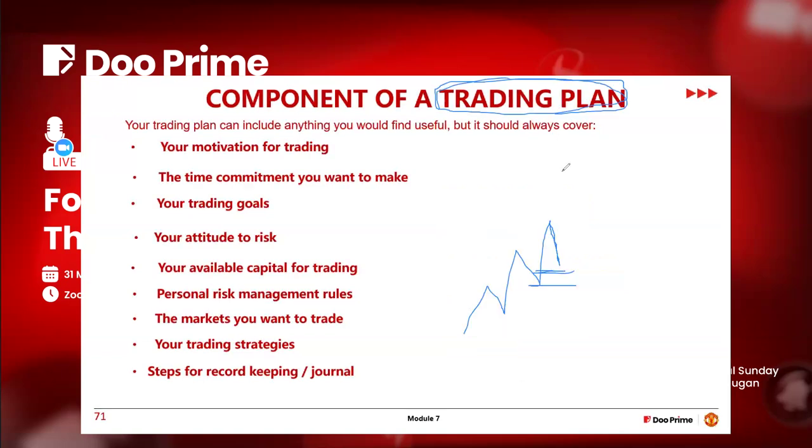Now, it is one thing to write in your trading plan that my exit plan is this: either the market takes me to my take profit, which I have stated here as 1 to 3, or it takes me out at my stop loss. I don't know what it does in between. If the market goes and comes back, I don't care.